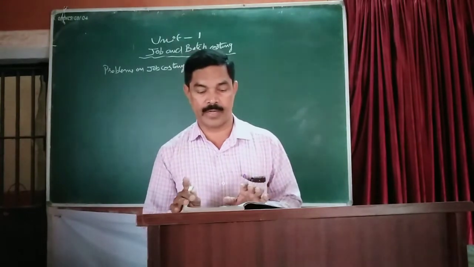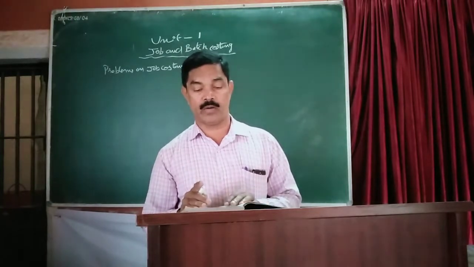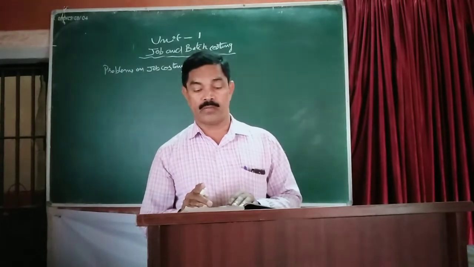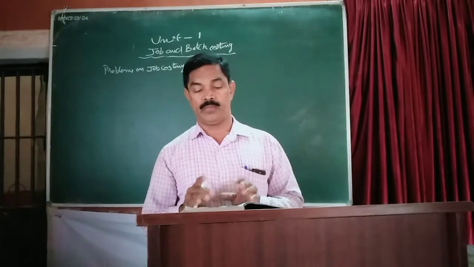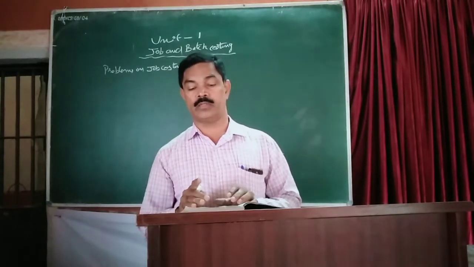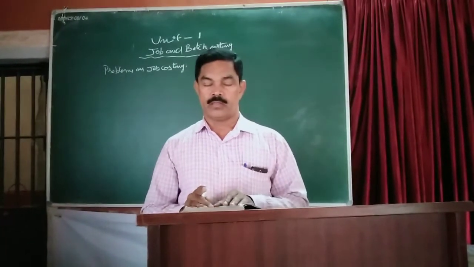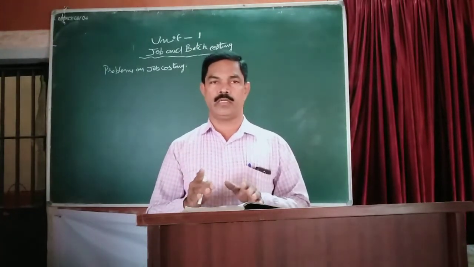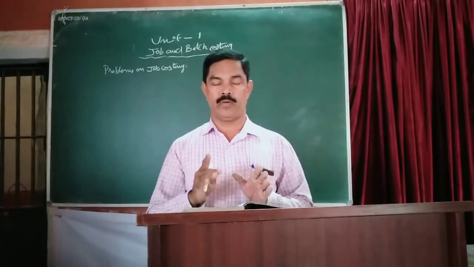Here job number 100, the expenses incurred are: materials 3,400, wages 80 hours at rupees 2.50 per hour, variable overheads for all jobs rupees 5,000 for 4,000 labor hours. Find the profit if the job is billed for rupees 4,200. Here we are asked to calculate the profit. To calculate the profit, first of all we have to calculate the total cost incurred on that job.